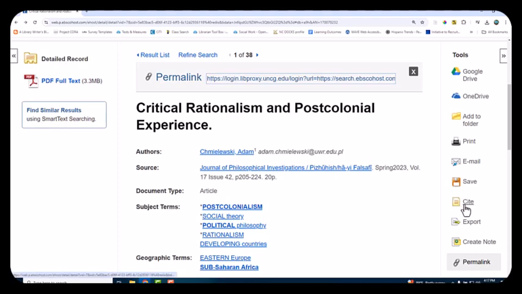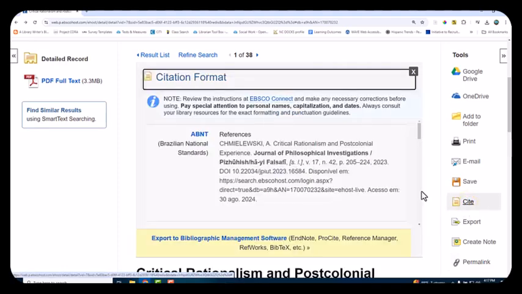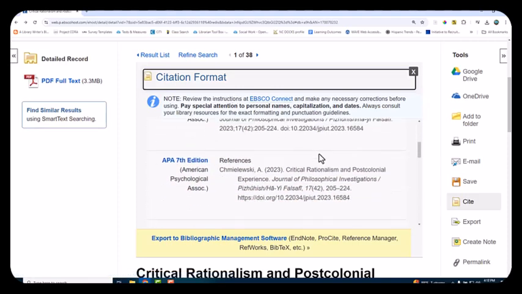Another tool that they have here is Cite. So let's say I wanted to do an APA style citation here. You click Cite, and you scroll down to APA. Now be really careful with these because the citation generators on these databases often get it wrong. I can tell you, for instance, that this APA 7 citation is actually incorrect. It has a couple mistakes that I can see. So I would strongly recommend taking this and then comparing it to some of the citation examples that we have